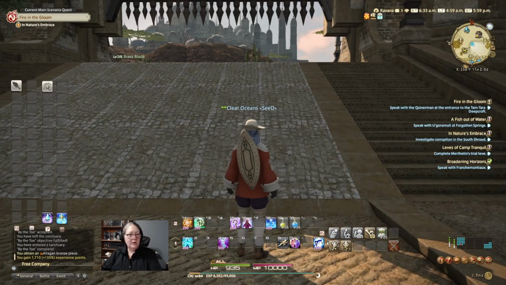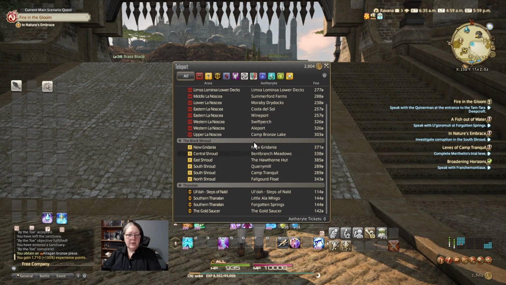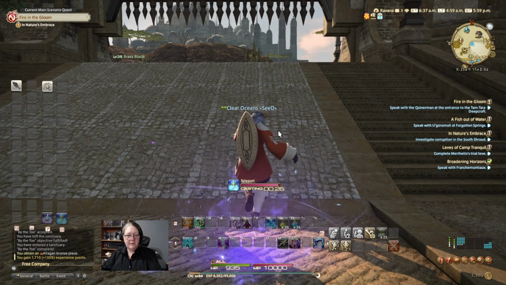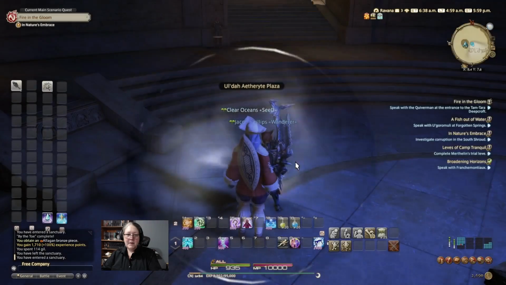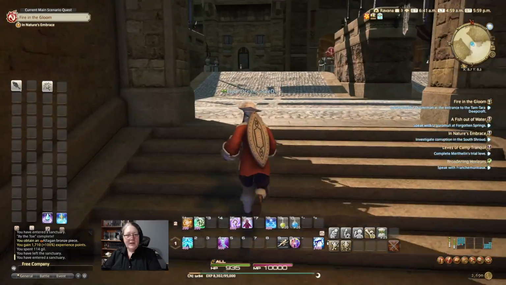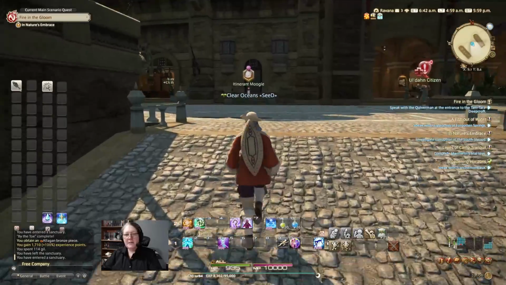Let's go find our Mog, which will be at Ul'dah. Teleportation time. So yeah, so we did unlock it. So those are the things you need to unlock to participate. If you're a higher level character and haven't done that yet, and I will own up to having one of those, then you won't be able to. It's simple. Alrighty, we're going to go and chat to the itinerant Moogle,